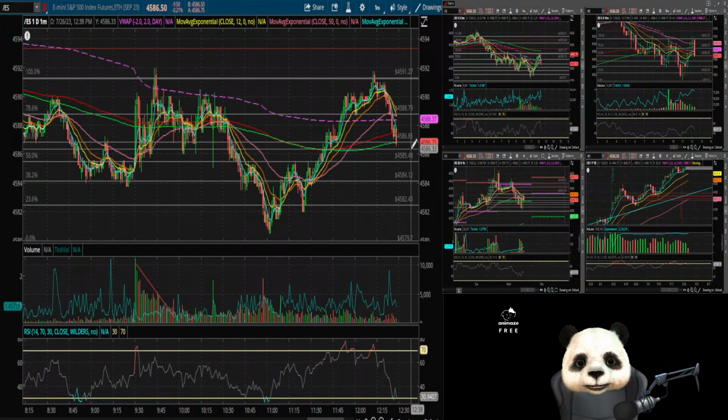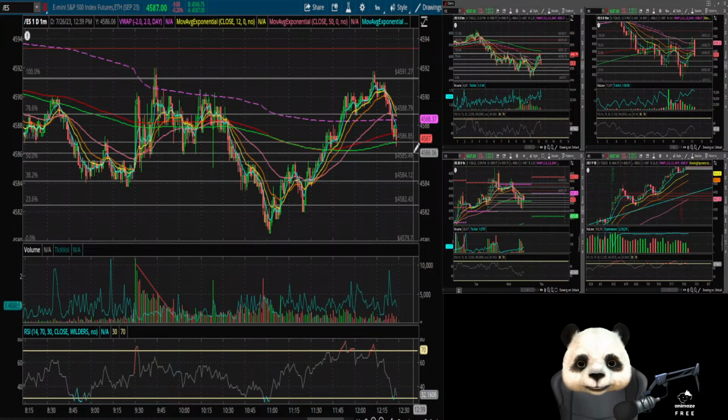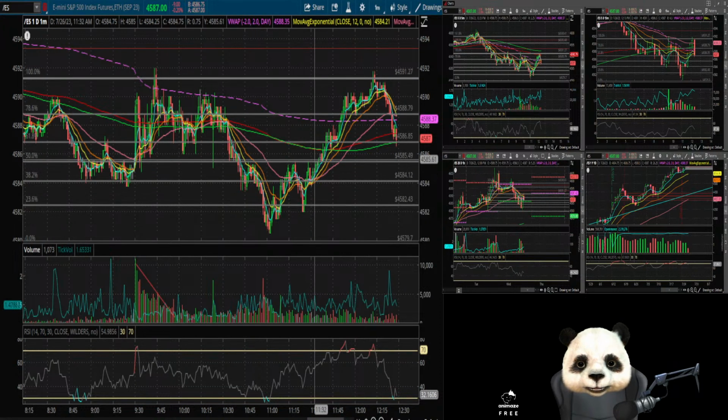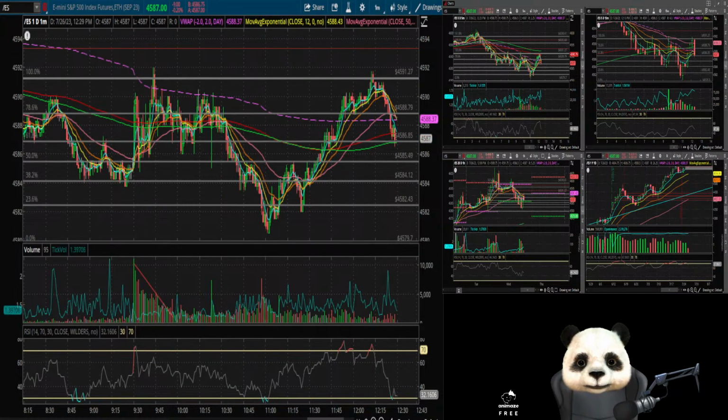Looks like we're pushing back to the lower channel again. I might just take this trade on a small size here. Give you a little live preview. So we're gonna do 45.86, and then we're gonna do a tight stop at 45.85. So we're only doing a $25 stop loss. Actually we'll do below this.